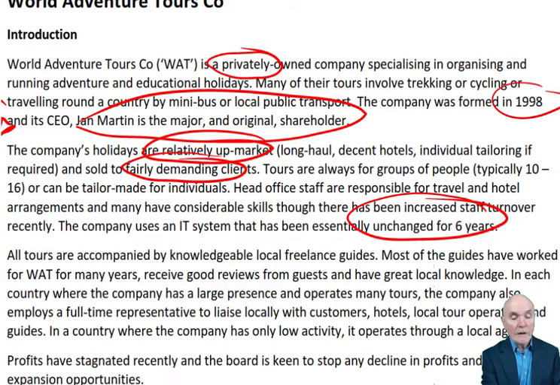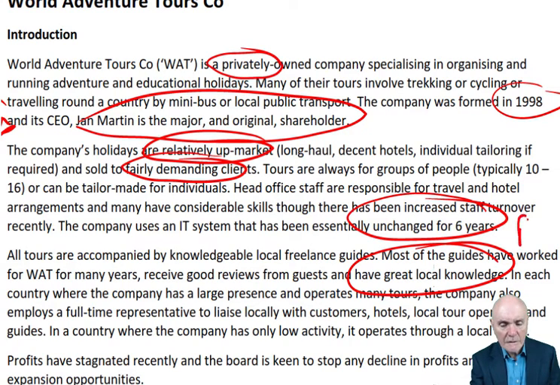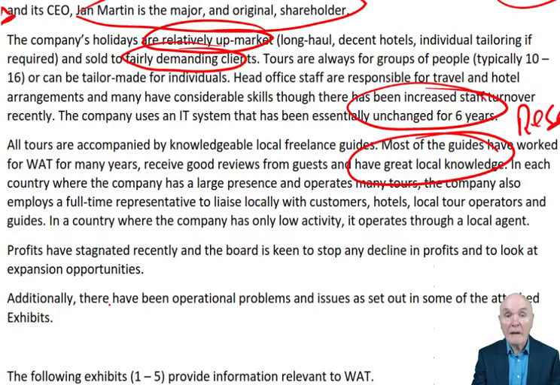Most of the guides have worked for us for many years, and they've got great local knowledge. So there's really a considerable resource in here. And we need to be thinking of hanging on to that resource, making good use of that resource, and so on. We sometimes have full-time representatives employed in the foreign countries if the market's big enough